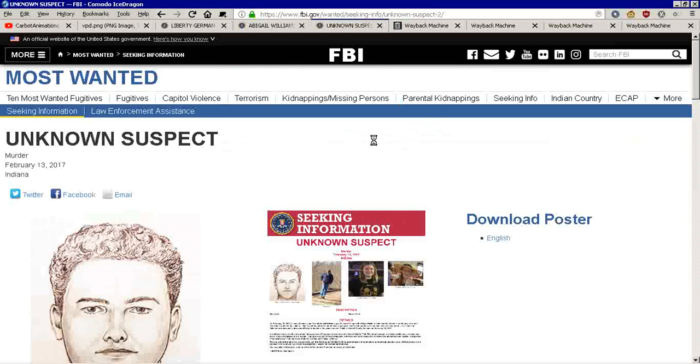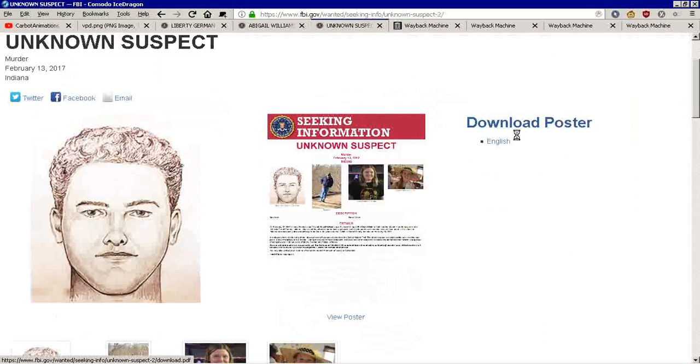What that means is that when you look up the archive.org version of this page with this PDF file, because this is listing a PDF and then a little screenshot here, you're going to find it linking to all sorts of extra stuff. And some of this is going to cross-contaminate and make it hard to find it. But let's look at the Wayback Machine for Unknown Suspect 2. By the way, Unknown Suspect dash and then asterisk on archive.org lists over 1,000 unknown suspects